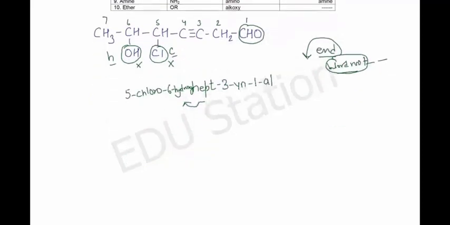Now ketones are represented as double bond O. So you have NH2 is amine,